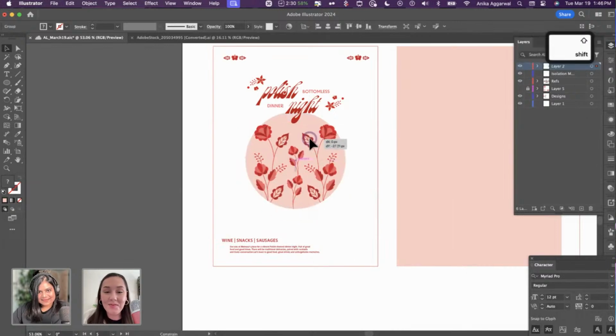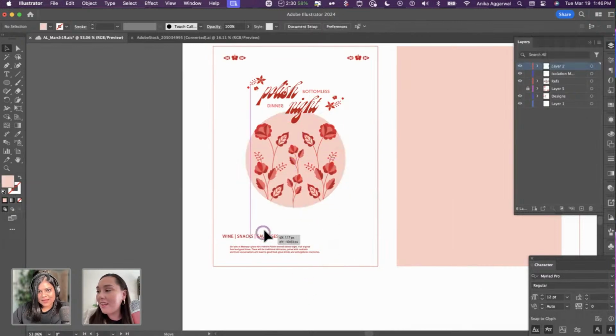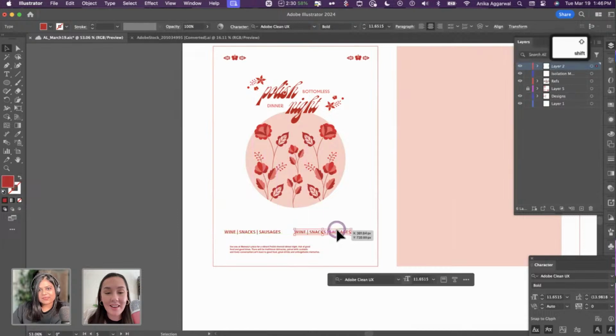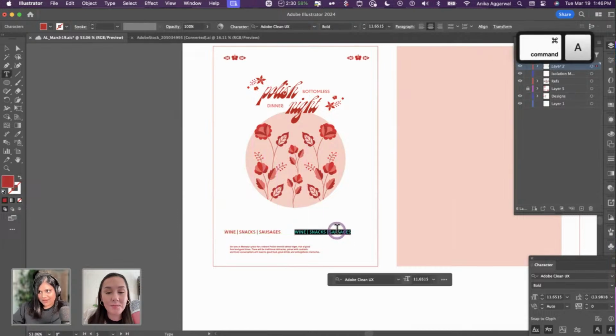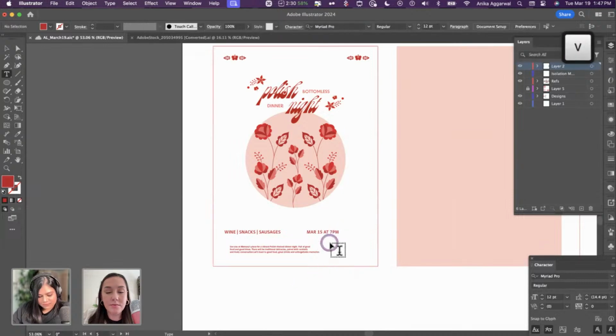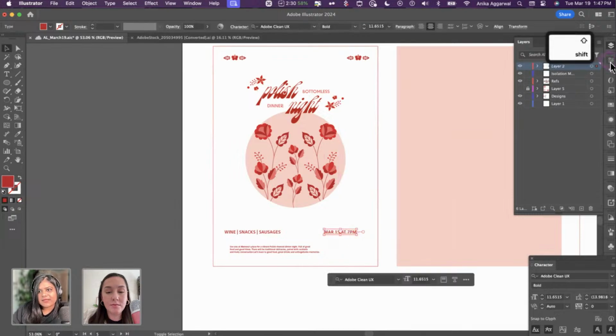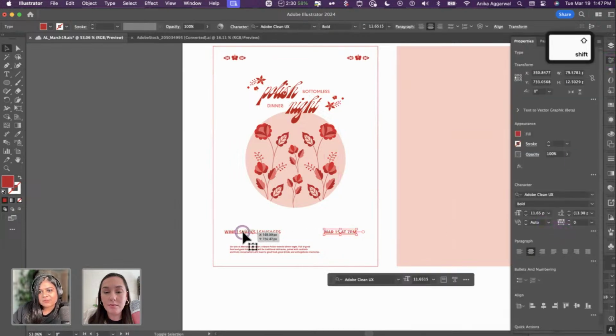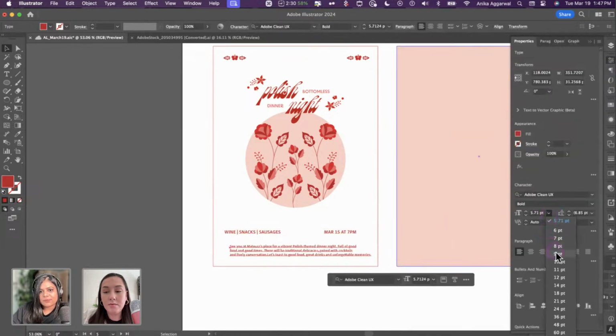Okay. I'm gonna do a little bit of overlap here, and then obviously I want to say what we're eating at the event. So don't mind me if you find me looking here. I'm just looking at my notes to see what I want to add. And that's just the copy information that we have. And I'm gonna bring it here. Just for printing purposes, you don't want any of the size to be less than 9 points. And this one is definitely less than that. So let's bring that up.